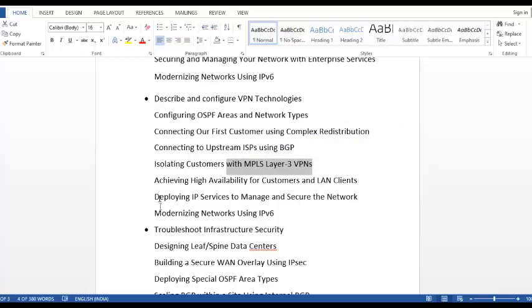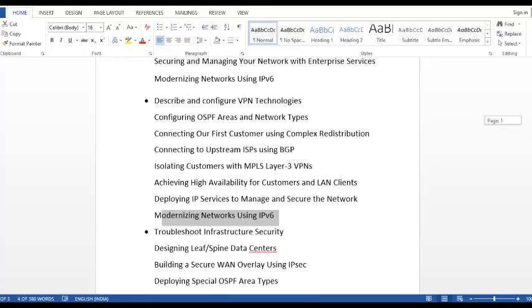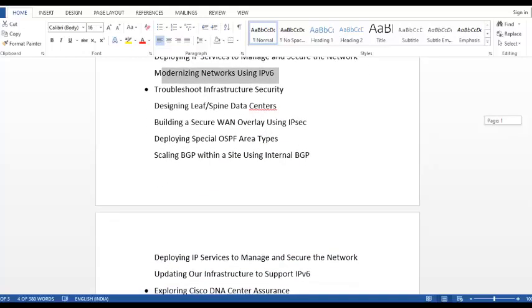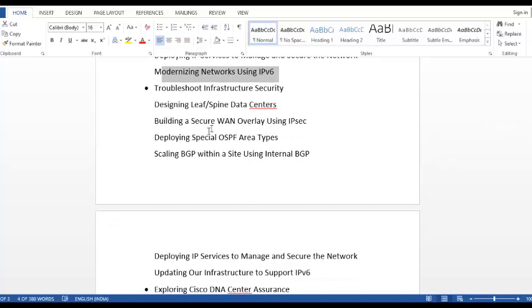And then high availability, meaning redundancy for LAN clients and so on. And then again using OSPF to route IPv6 packets,